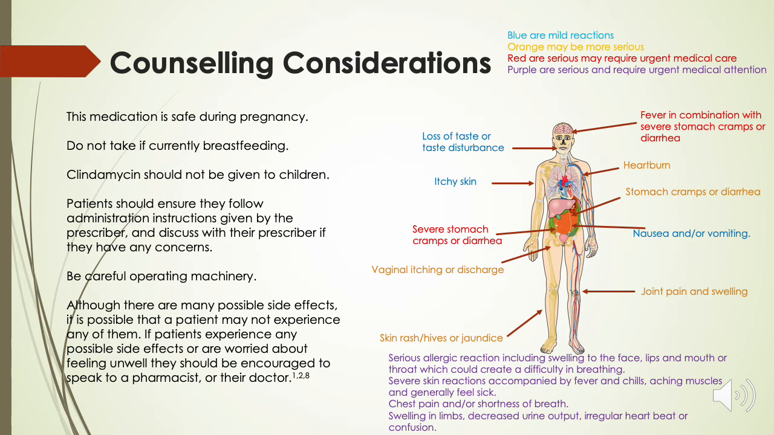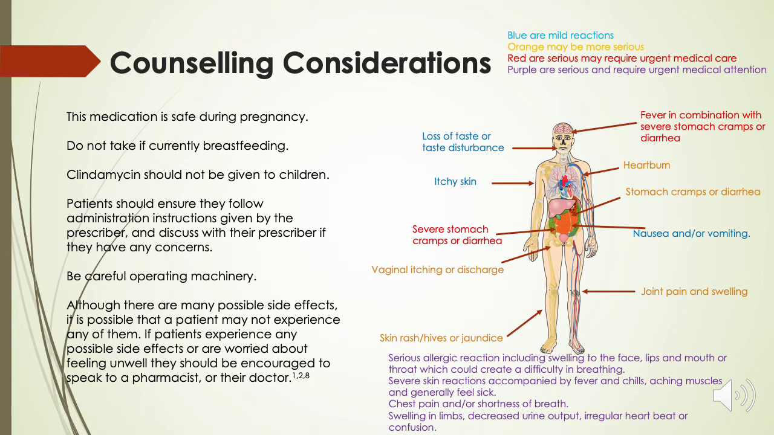Heartburn, stomach cramps or diarrhea, joint pain and swelling, vaginal itching or discharge, skin rash, hives, or jaundice. These are more serious and should be reported to the patient's doctor to discuss whether the medication should be stopped. Severe stomach cramps or diarrhea and fever in combination with severe stomach cramps and diarrhea are more serious and may